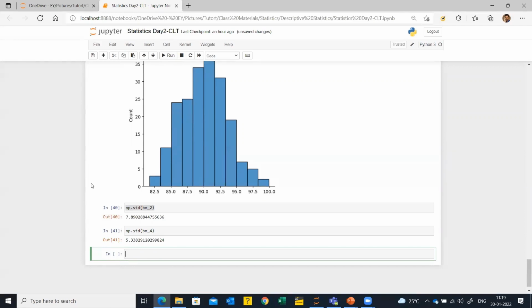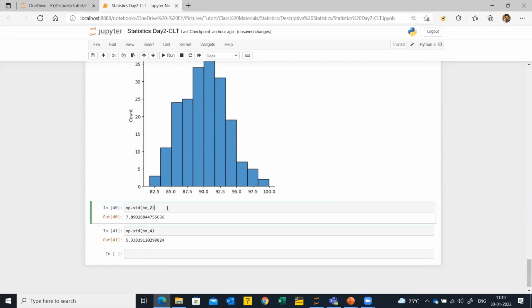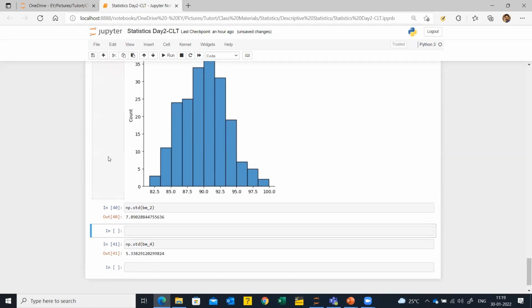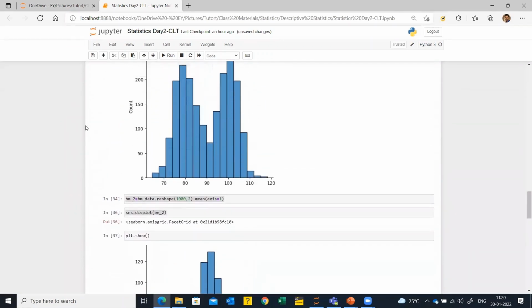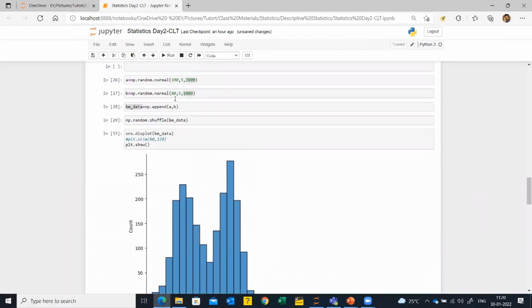Now why is it happening? Can anyone answer this? For bm_2, the population standard deviation was divided by 1, but for bm_4, it was divided by 2. Yes, but he wants to say that the original data set has a standard deviation of 5. Now, ideally, it should be less than 5, but why is it 7? Right. I think your answer is correct only. I am getting it wrong in my Python. I think I have done something wrong, but you are getting it correct.